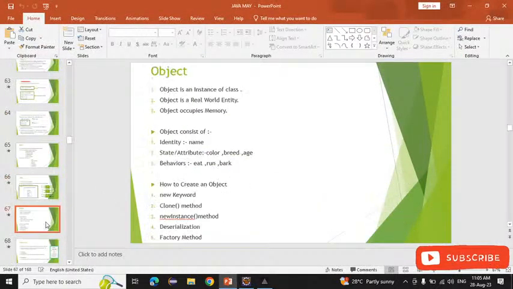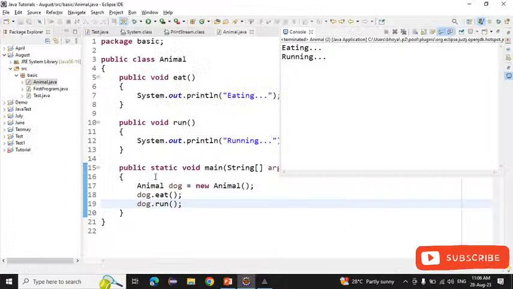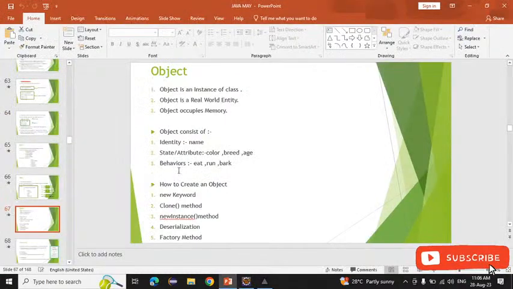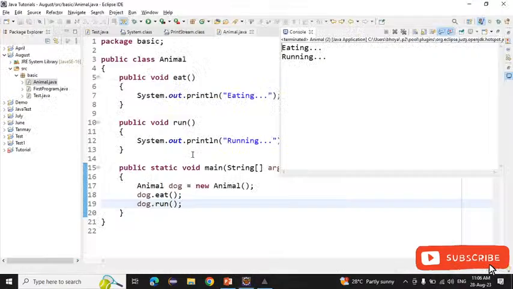Object consists of three things. See, there is the identity, state and behavior. State means attribute, and the behavior. Now we have created the behavior, and identity also we have created. That is the name. What is the name of our object? That is the dog. After that, we will try to create a state. State means the